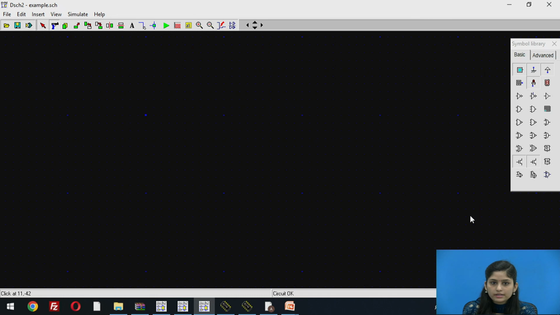This is our DSCH software, and here different options are available like run simulation, timing diagram, and this is the symbol library. Using this symbol library, we have to design the schematic of AND gate. For AND gate, we require two PMOS connected in parallel and two NMOS connected in series.